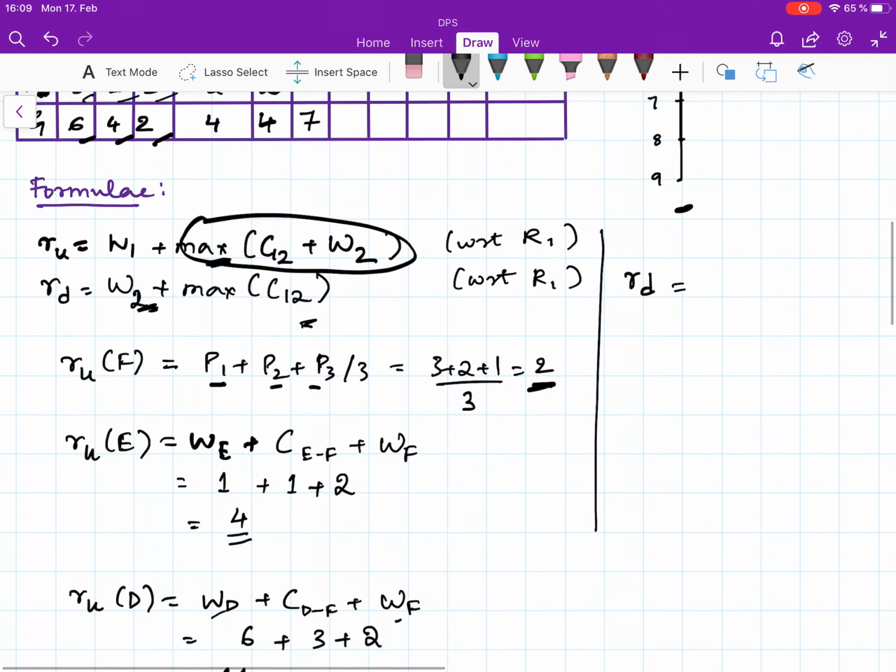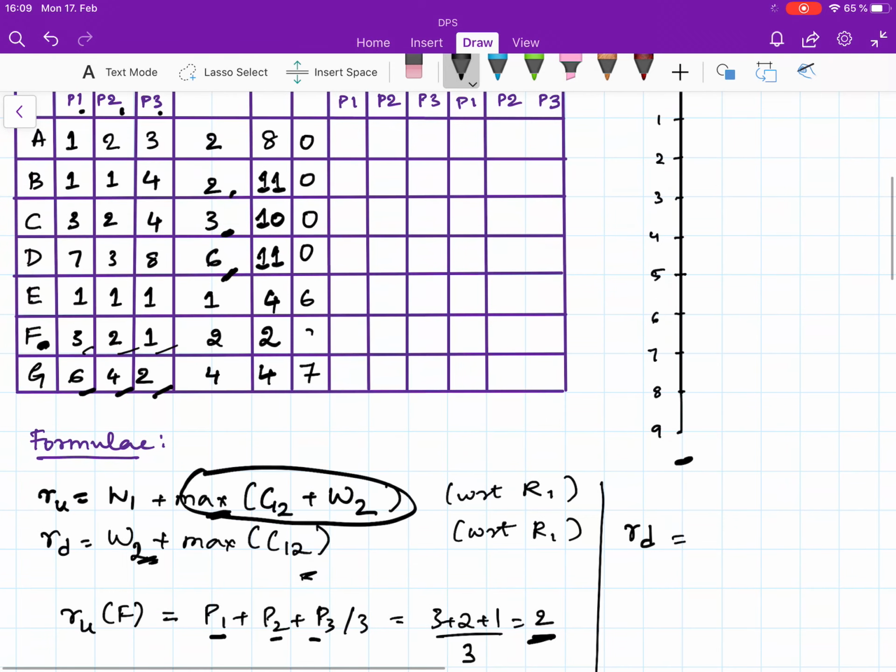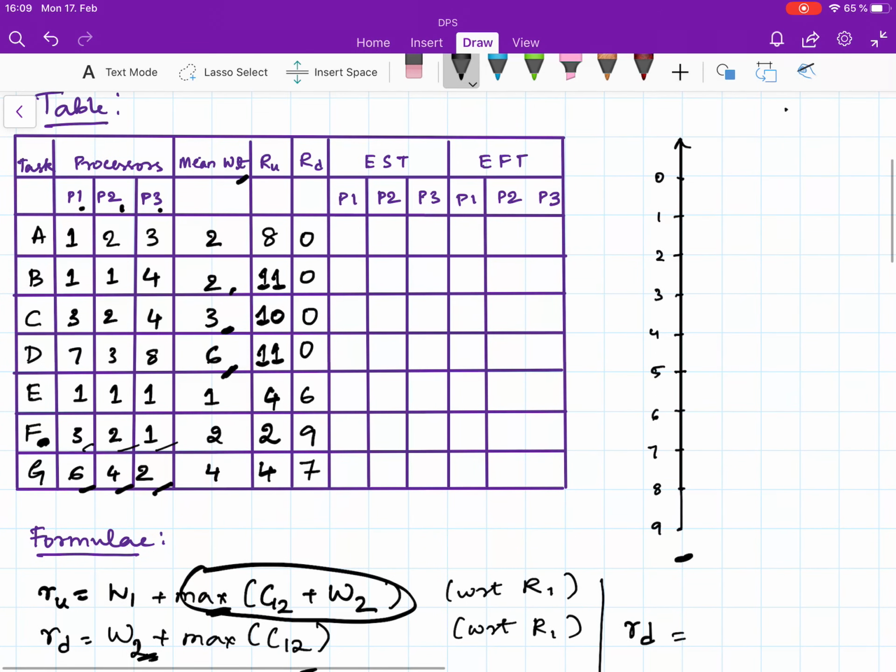Okay, so now you basically have the table. Okay, let me write this down. 9. So how do you do the schedule, which is the main part? Okay,